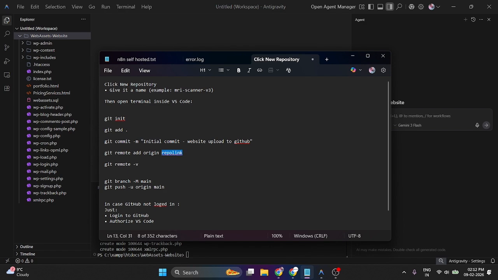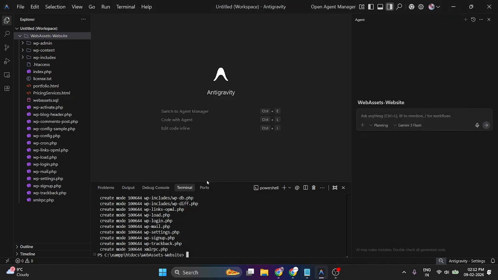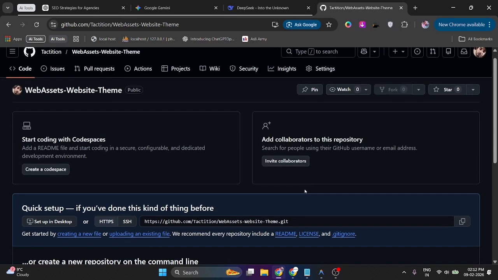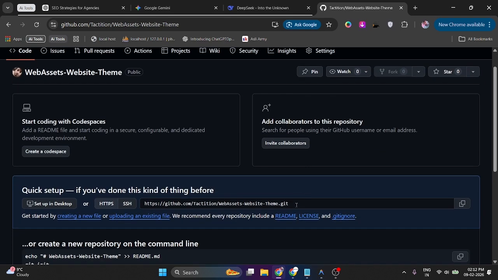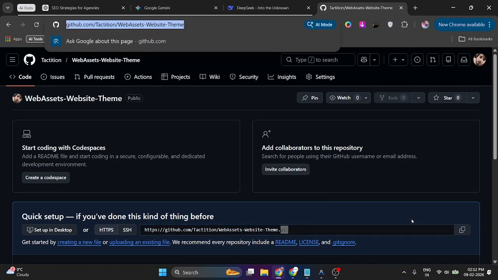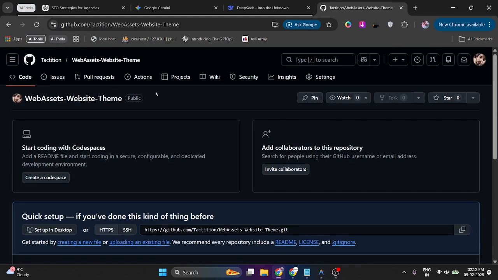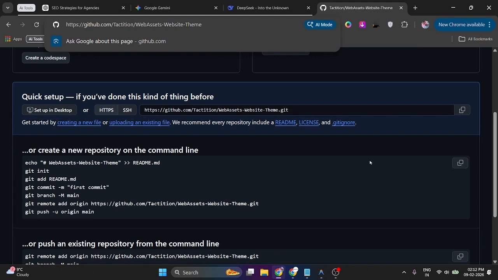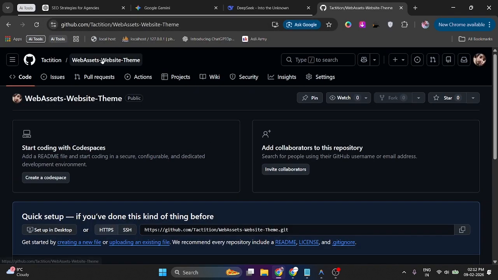So instead of this repo link, you will cut this out and go to your GitHub repository. I have just created this repository, and you have to copy the link of this repository. Here I can copy this link, or, no, you can't copy this link because it doesn't have the .git in it. You have to look for the link here. You will first go to the GitHub repository here,